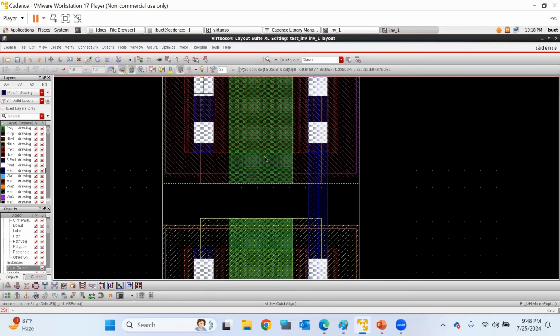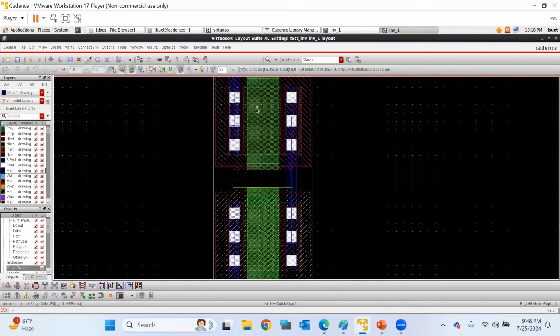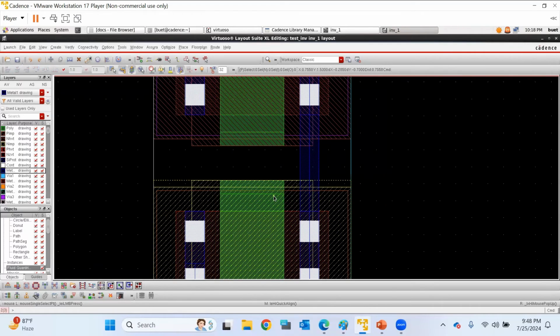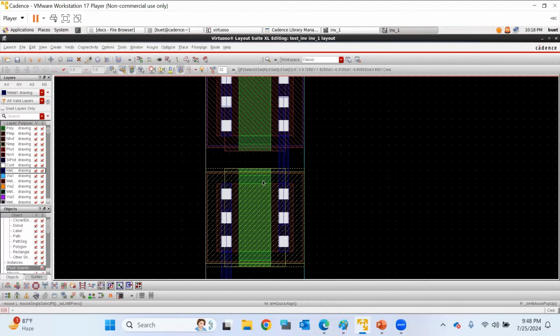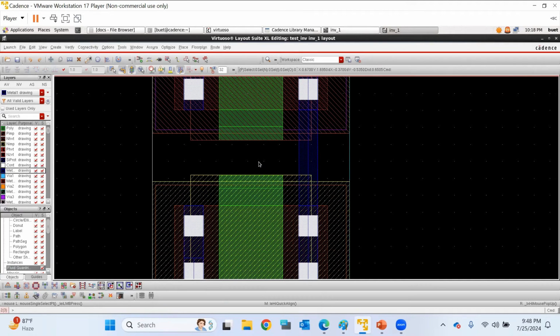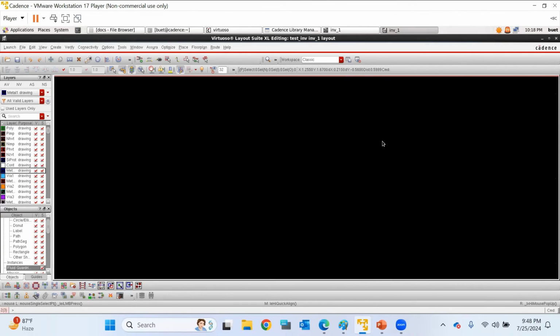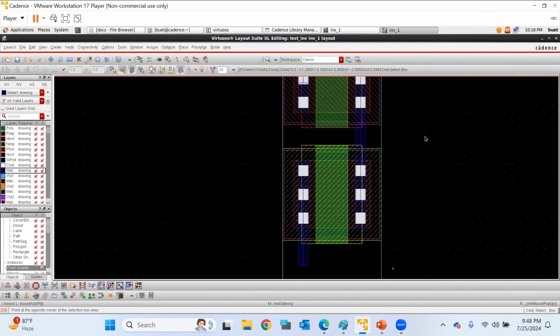See, now this green is the polysilicon layer. In this polysilicon layer, you cannot increase it. You should not increase it, because it's a gate connection. It is a gate length, which is very crucial in this transistor. If you draw it manually, it might extend the gate length. Okay, so to avoid that, you always should